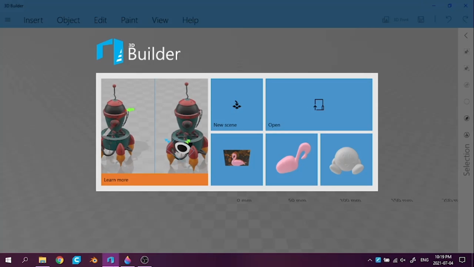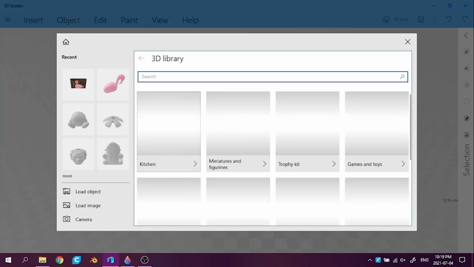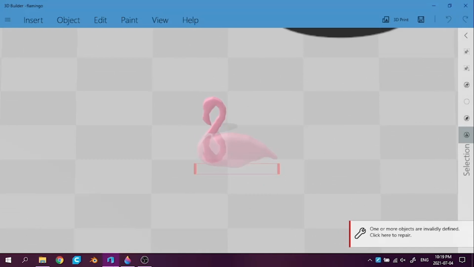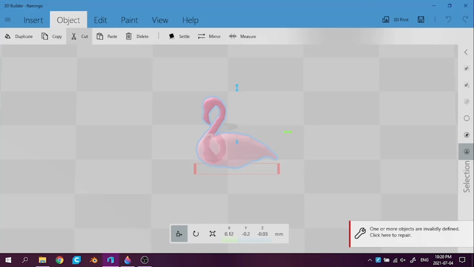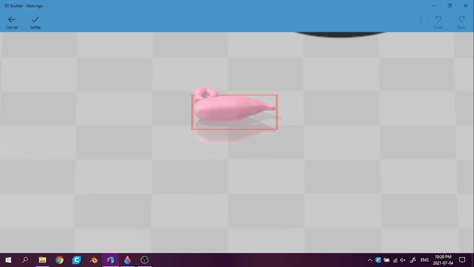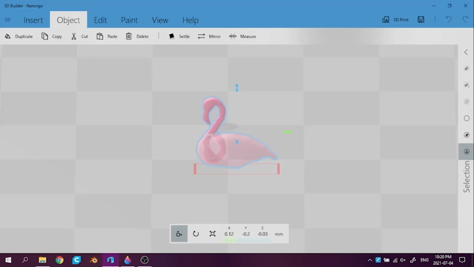So after I have my basic mesh that I've drawn up in Paint 3D, the first step I'm going to take towards making this a 3D printable model is importing it into 3D Builder, which is another free program available for Windows PC users. I believe it's made by Microsoft, and it's one that I like. So I imported the object,